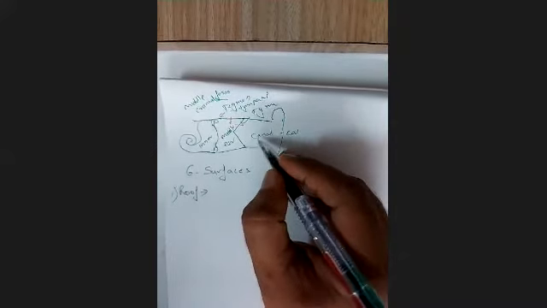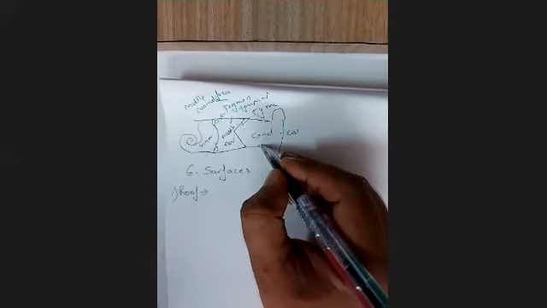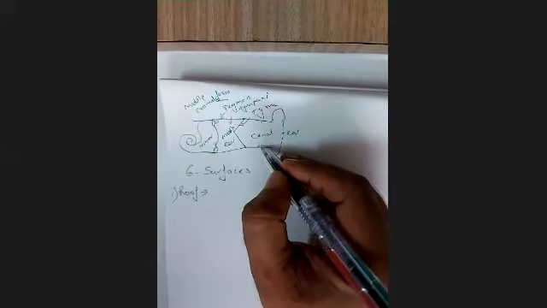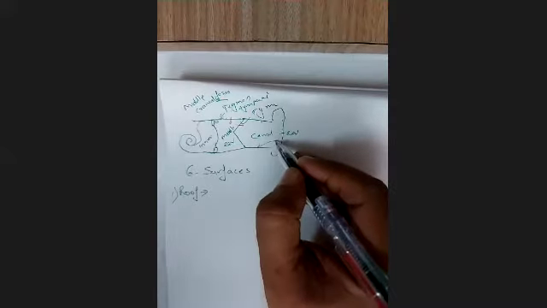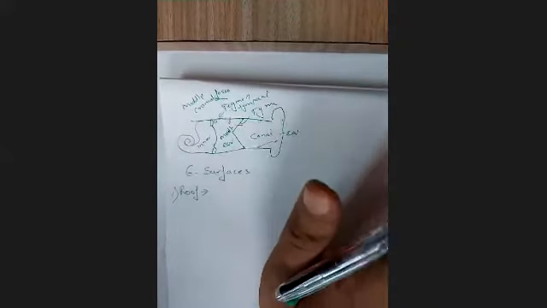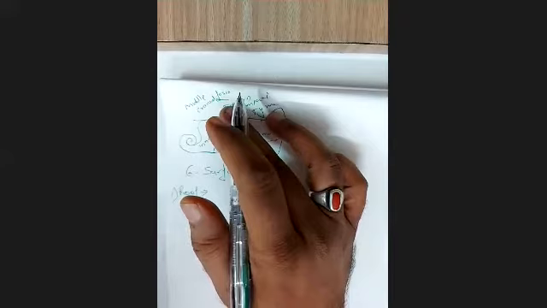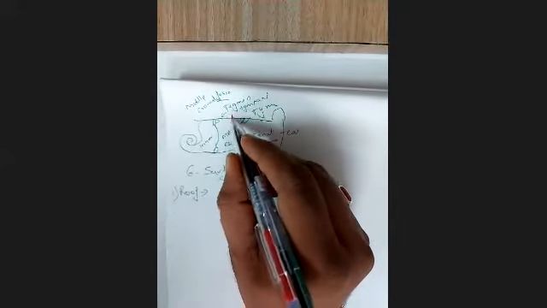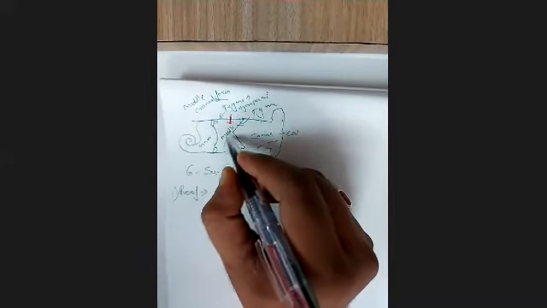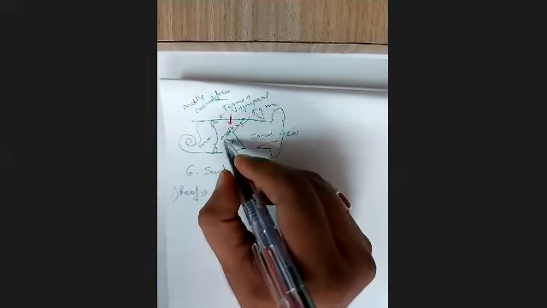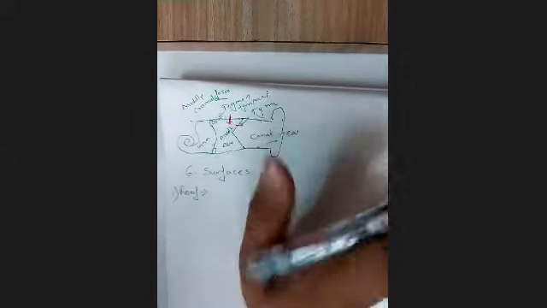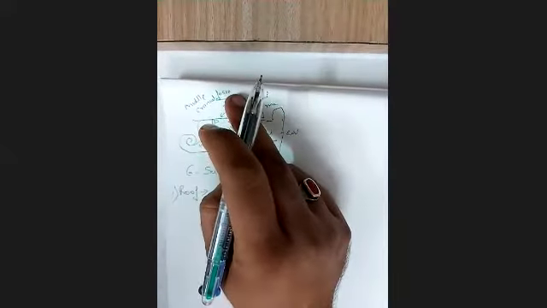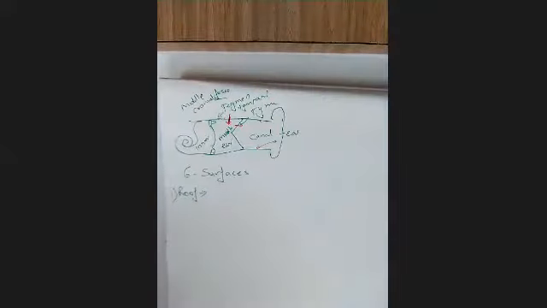So we are very happy if there is an injury in the external acoustic meatus or canal and blood is coming out from here. We are really happy. That means there is no bleeding inside the skull. But we are really tense if there is a fracture in the tegmen tympani and the blood comes to the middle ear, because that will destroy the middle ear hearing. And forget about hearing, the main tension is in the middle cranial fossa. There are so many important structures, the brain itself, and that's what we are tensed about.